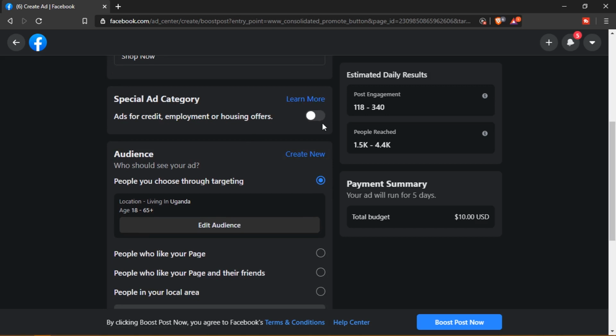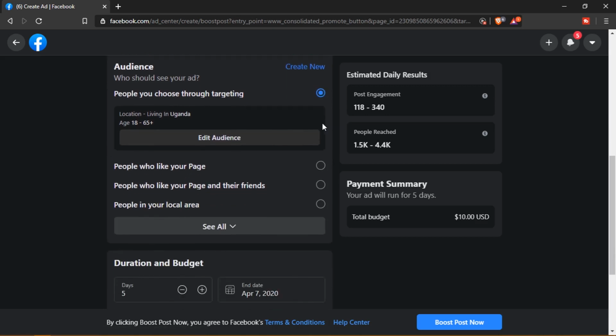I'm not going to bother with the special ad category. I'll move on to the audience. Now this is where you can edit your audience. You can target people who like your page. You can target people like your friend's friends. Maybe your friend has more followers, and you know that his followers will be interested in your products or services. You might use this one to advertise to people who like your friend's page. You can even advertise to people in your local area. If I click see all,